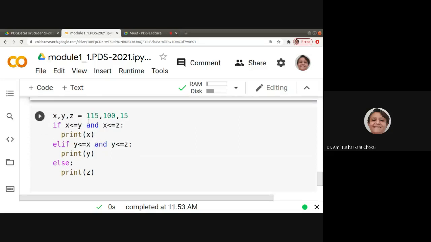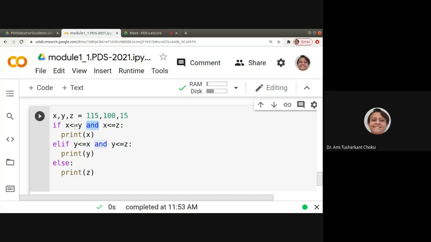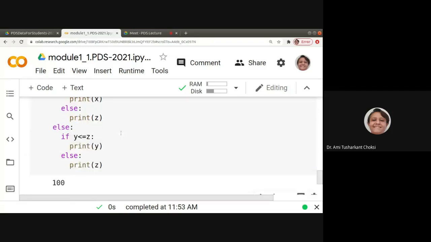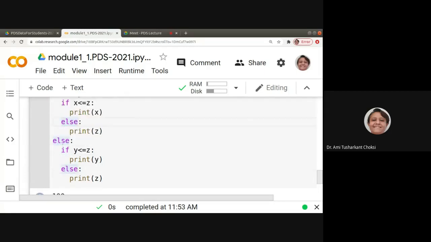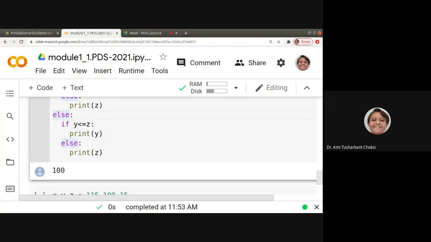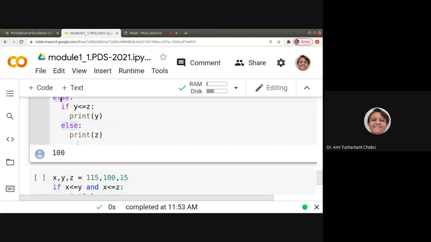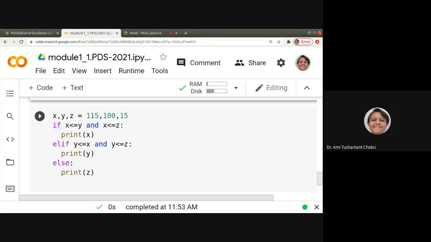Say x, y, z are three values we are providing. We are giving x is less than or equal to y, and x is less than or equal to z. Now here, what we had done was an if inside that if-else. For this first if, this else was there, and inside that we had the if and else. Now instead of that, we are writing two conditions, and instead of if-else, we